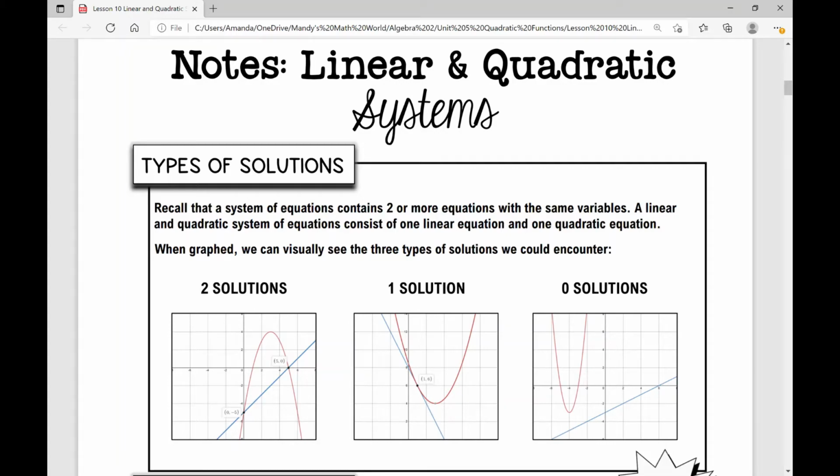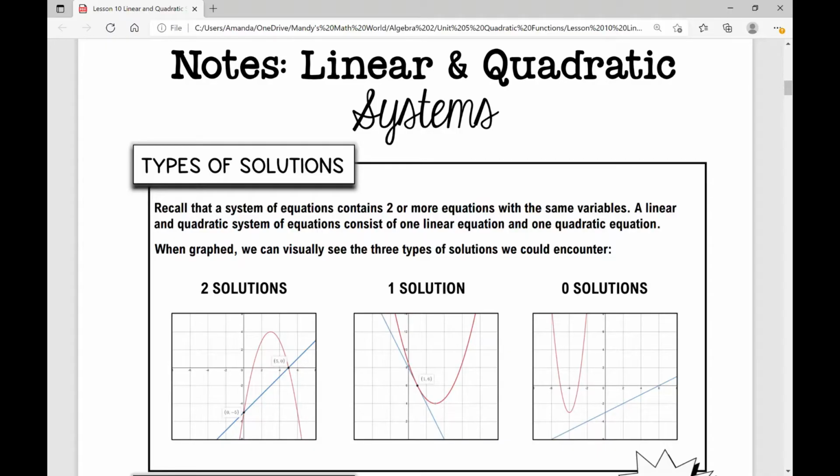Let's get started on today's notes over linear and quadratic systems of equations. There are three types of solutions that we're going to talk about with linear and quadratic systems. So a linear and quadratic system is one where you have one equation that is linear and one equation that